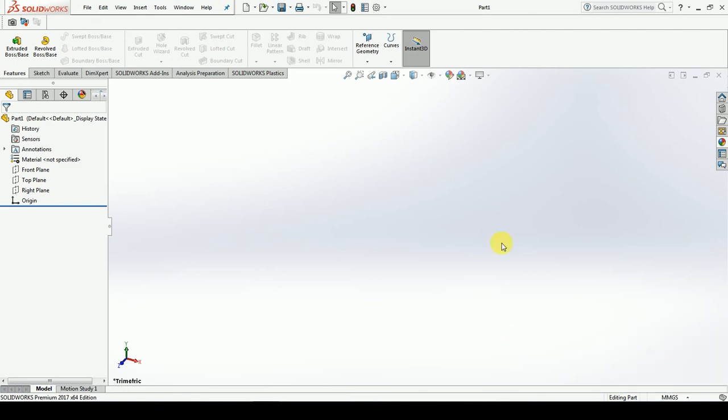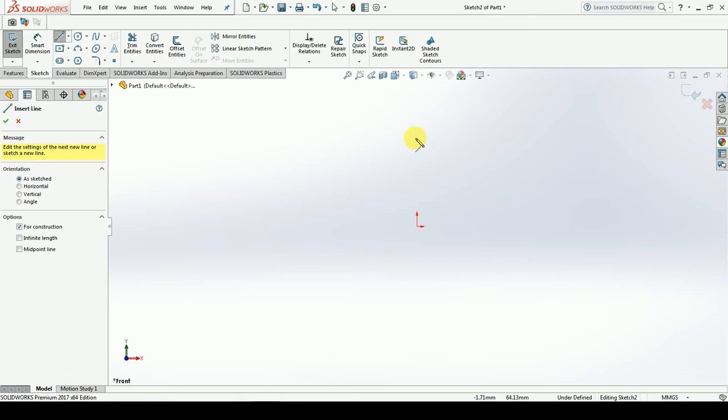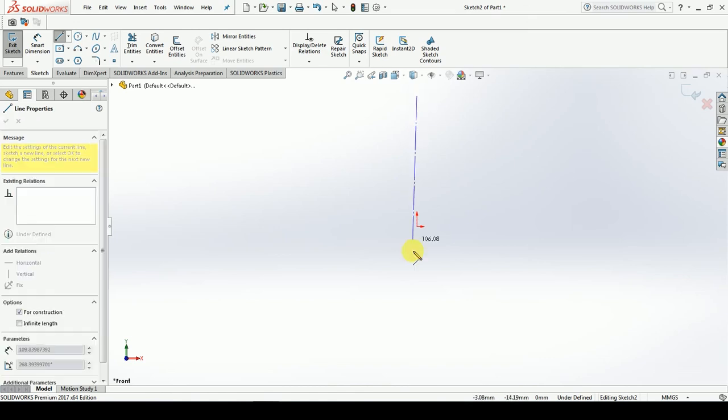First we have to decide on which plane we have to draw our sketch, which is more suitable for our design. In this particular case we have to take the front plane. Now we have to select a new sketch for the designing workspace. For that click on front plane and select sketch. After that select center line, which is in the sketch section, and draw a center line which lies on the origin.